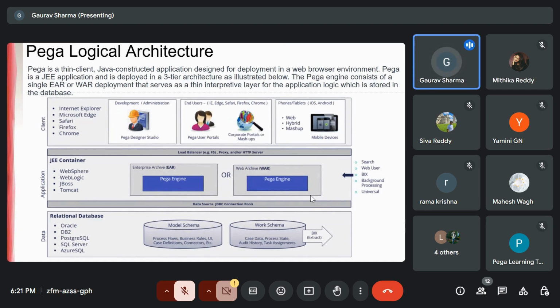That brings us to the main aspect: how a Pega application works. Because I understand you all have experience, I will not go into the basics of Pega. We'll understand the logical architecture, then the application architecture, and go beyond. So, Pega logical architecture. Pega is a thin client Java-constructed application. This is something you need to understand, because when you are moving from 3 to 5 years of experience, you will be working not just on Pega, but people would like you to know how